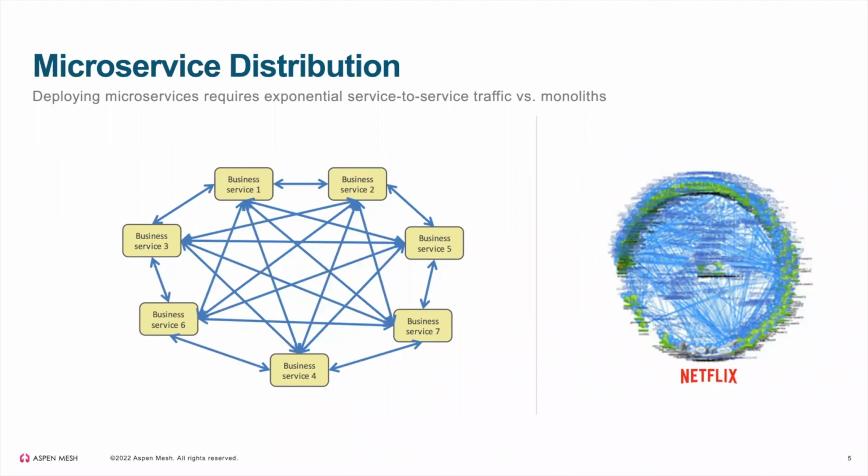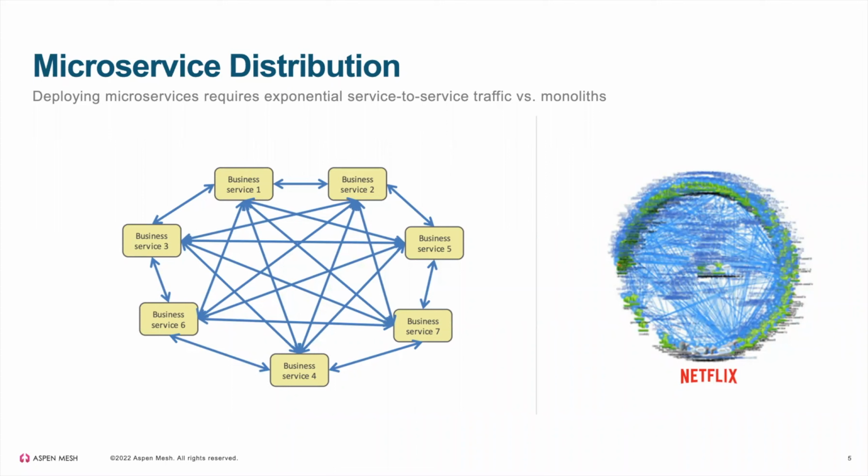And this graph on the left is a contrived system, but it's not an atypical system. You have 6, 7, 8 microservices. Again, because of the loose coupling, they all need to communicate with each other over the network instead of in memory. And because it's a bounded context, and these services don't necessarily know much about other participating services, there's the potential that any service could have to call another service for some reason. So you have to assume that's going to happen. So you can see the huge amount of traffic increase over the network as opposed to historical monoliths.